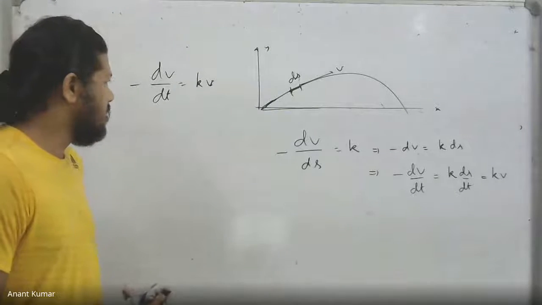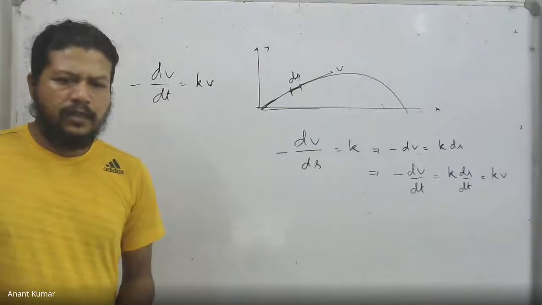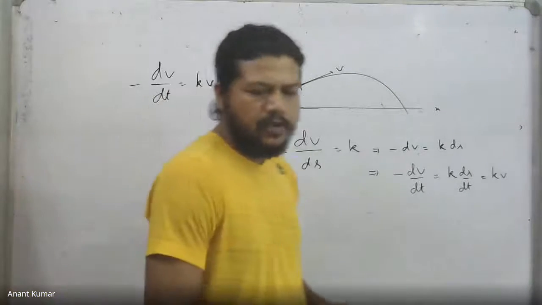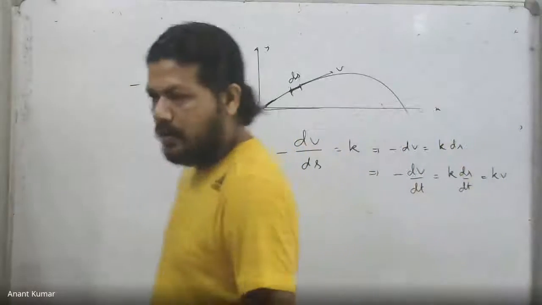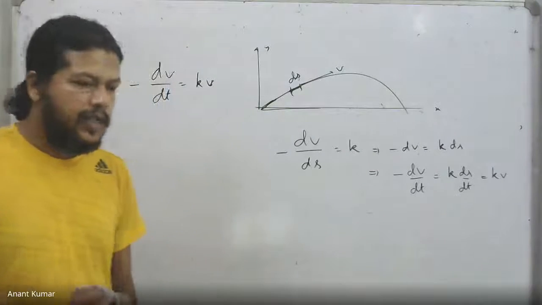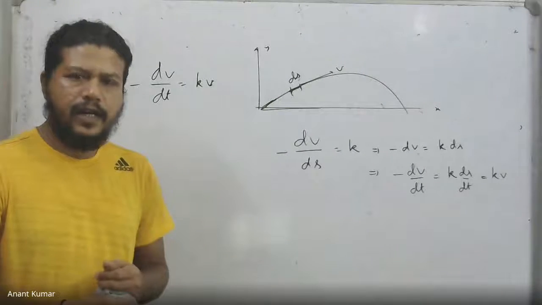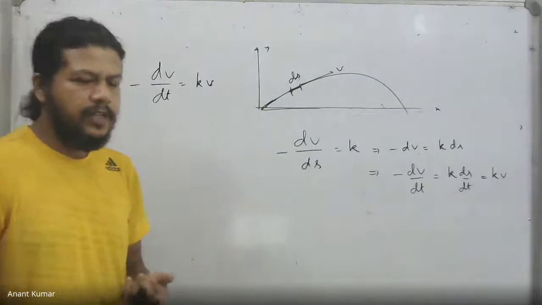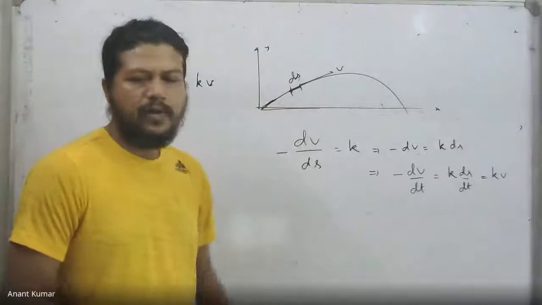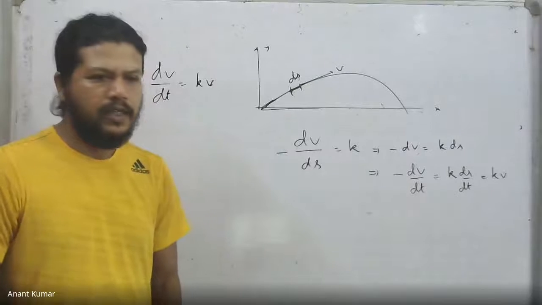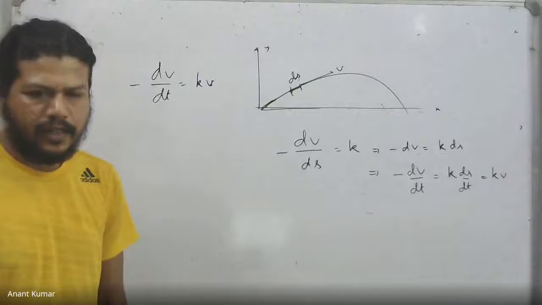Now, if you consider the acceleration, there's one way to describe the situation. We have seen earlier in one dimension that the rate at which the speed varies along the path was the acceleration. Now, in this case, we have a similar thing. The rate at which the speed reduces is once again the acceleration, but this acceleration is now called a tangential acceleration, meaning tangent to the path, because we know that the velocity is always tangent to the path. So whatever acceleration we have along the path is called a tangential acceleration.